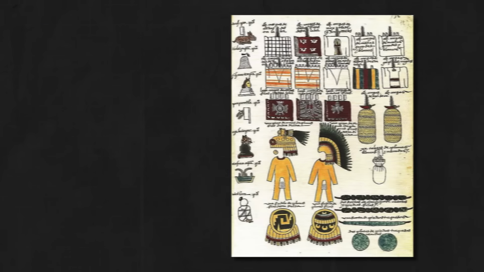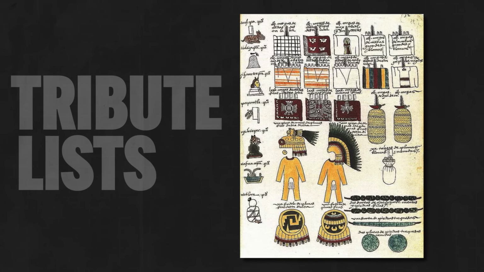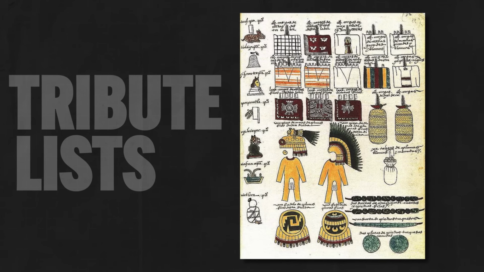And then third, Aztec rulers used tribute lists to generate revenue for their empire. Whenever the Aztecs conquered a place, they gave tribute lists filled with the goods that place was responsible for sending to the imperial seat in tribute. And this practice ensured a steady flow of a wide variety of goods to the empire and communicated who was in charge to those conquered regions.